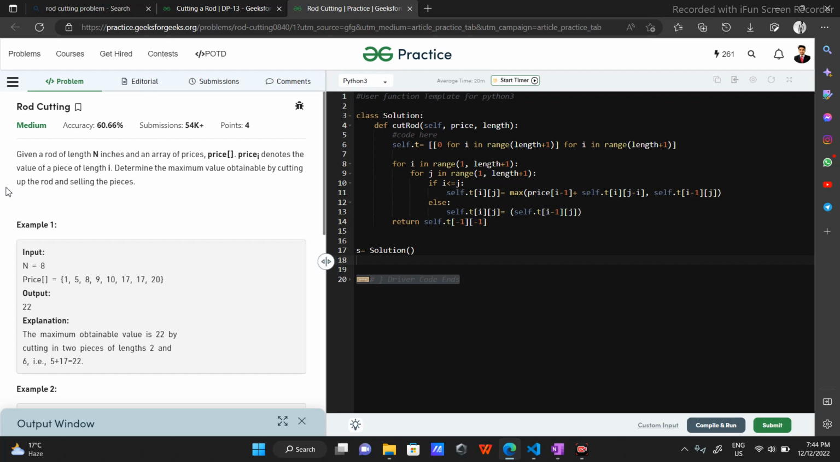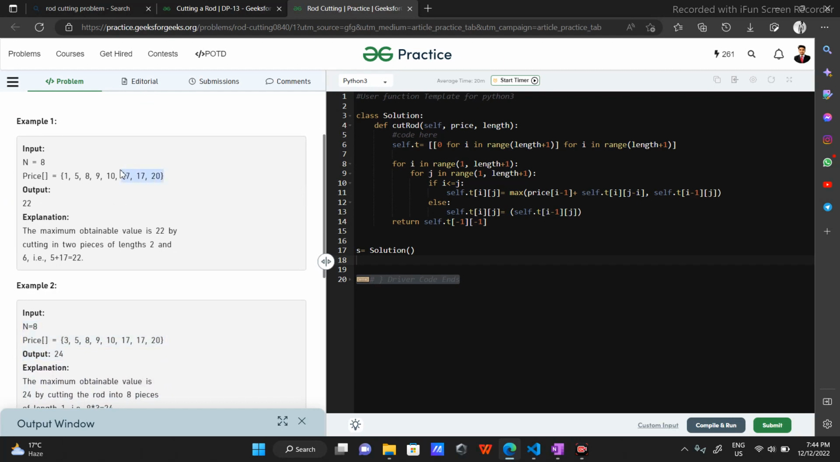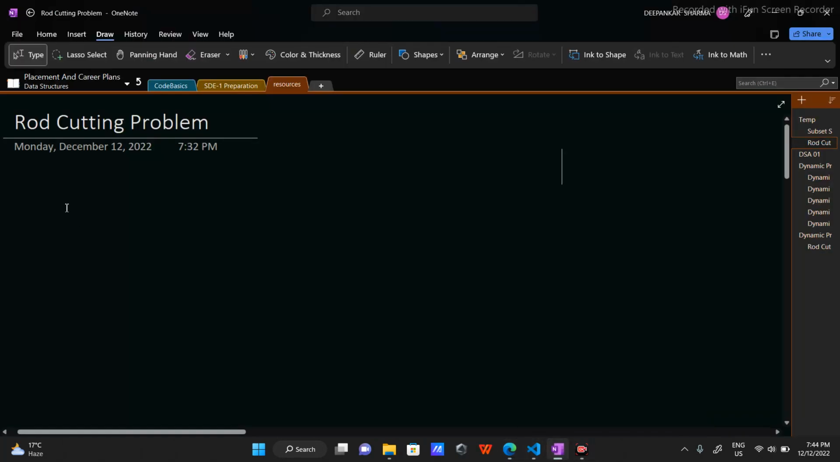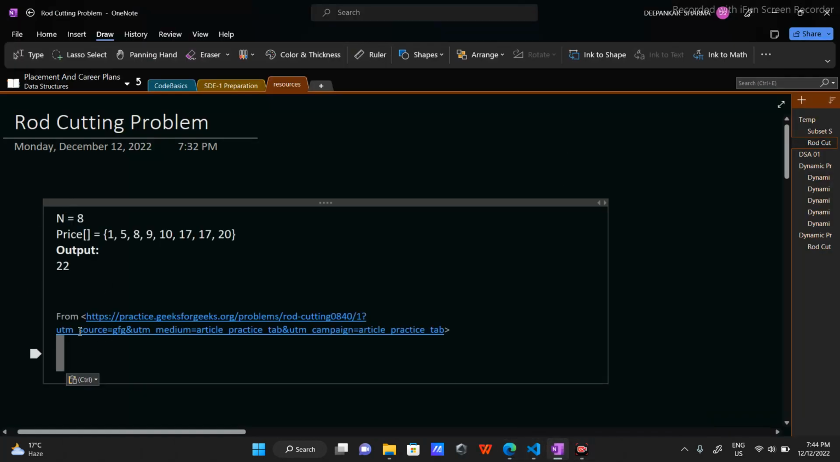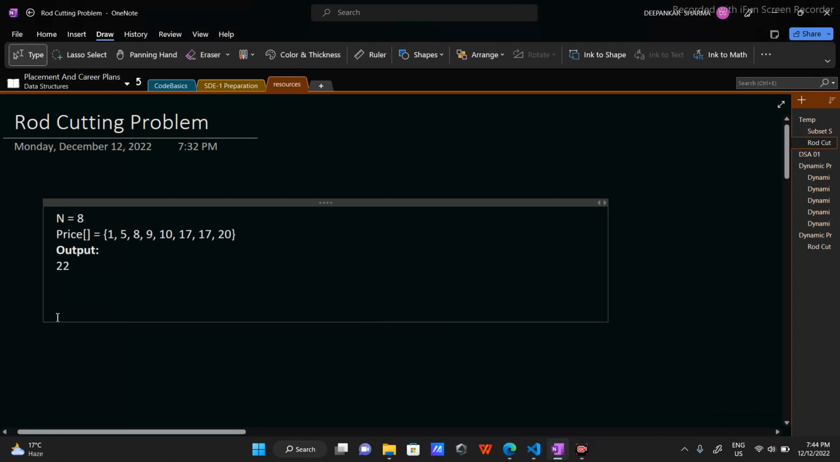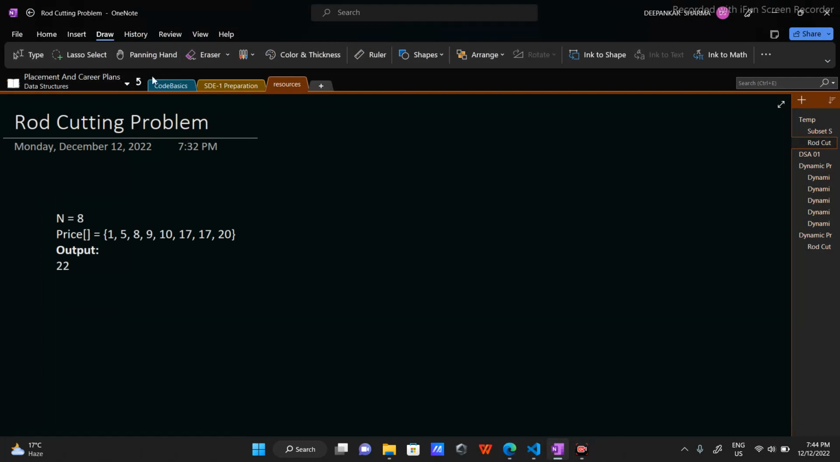Let me simplify this for you. So suppose we have this test case, all right? The output is this. I'll just copy it. See what's happening. I am given this data, all right? So see this n, this is the length of the rod. Okay, so suppose I have an 8 inches